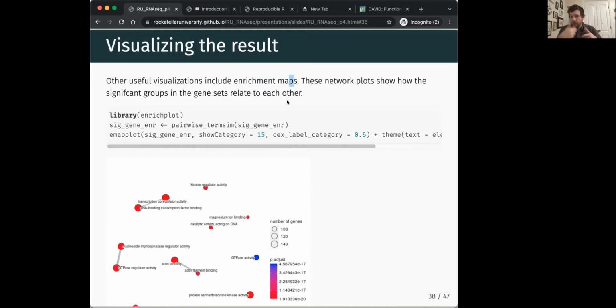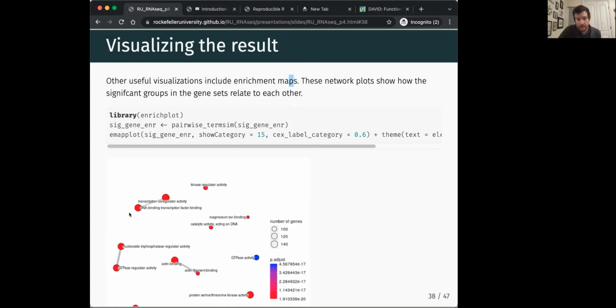So often gene sets that you find are significant actually have a lot of overlapping genes. And so you might actually get, like, say you get 20 different significant genes or gene sets. You might find that there's actually just 3 or 4 clusters of gene sets which are really related to each other, and those are what's driving it forward. In this case, it's not super like that, but you can see that we have, like,